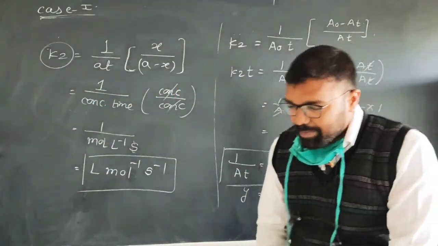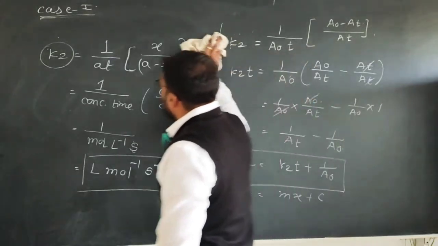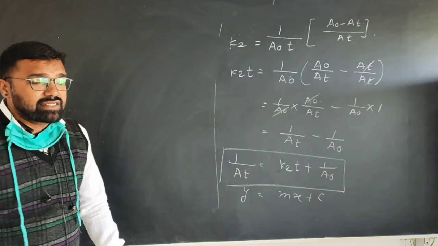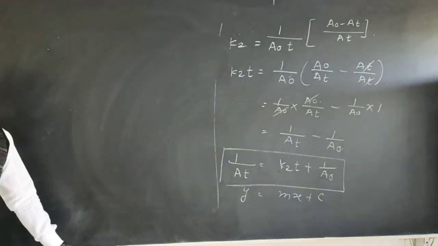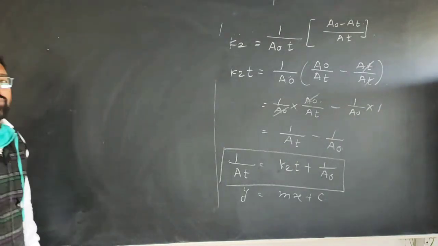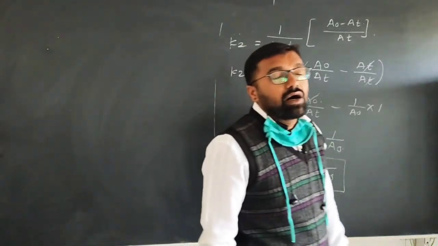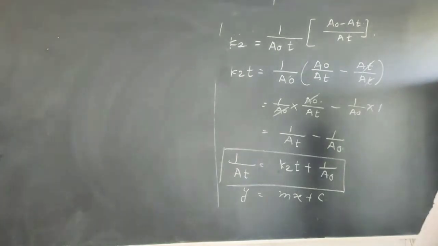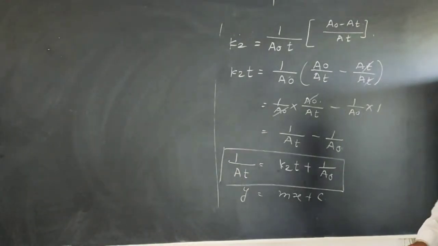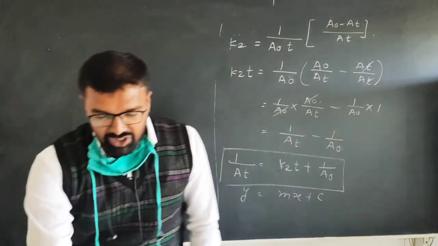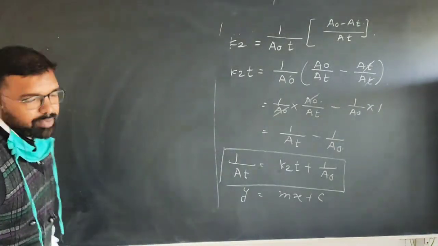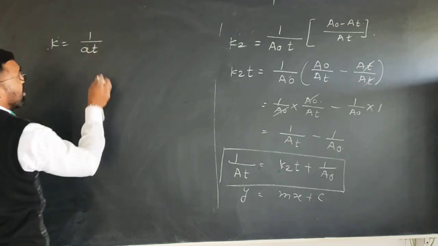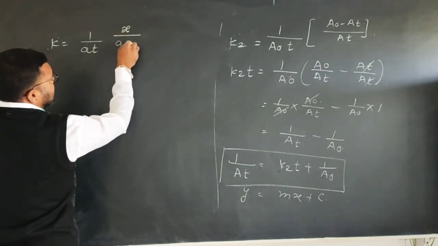And if you think about the half life period, the third characteristic is the half life period. What is the definition of half life period? Half life period is the time required for conversion of half of the reactant into the product. That means half of the reactant remains behind in unreacted state. Assume this equation, that is K2 is equal to 1 upon t, x upon a minus x.